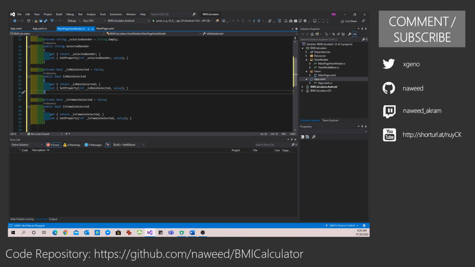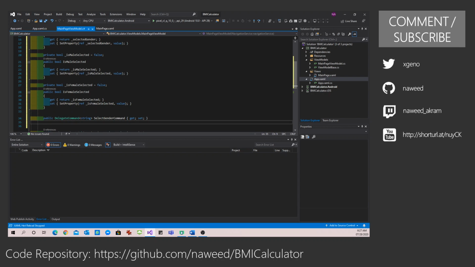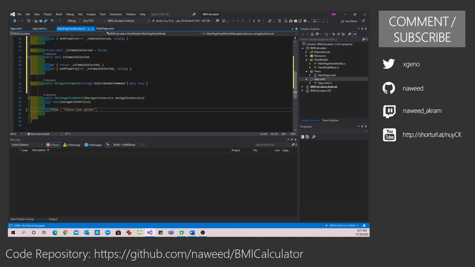Now additionally what I'm going to do is use a command from my front end, from my UI, to set these properties. So let me define a command, DelegateCommand, which is defined by our Prism MVVM framework. It is going to take string as an input parameter. So it is called SelectGenderCommand. I can instantiate it in my constructor.